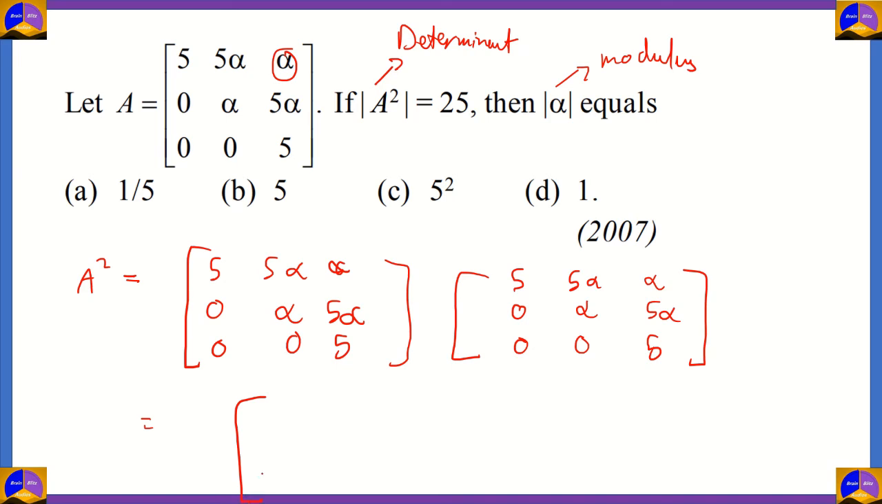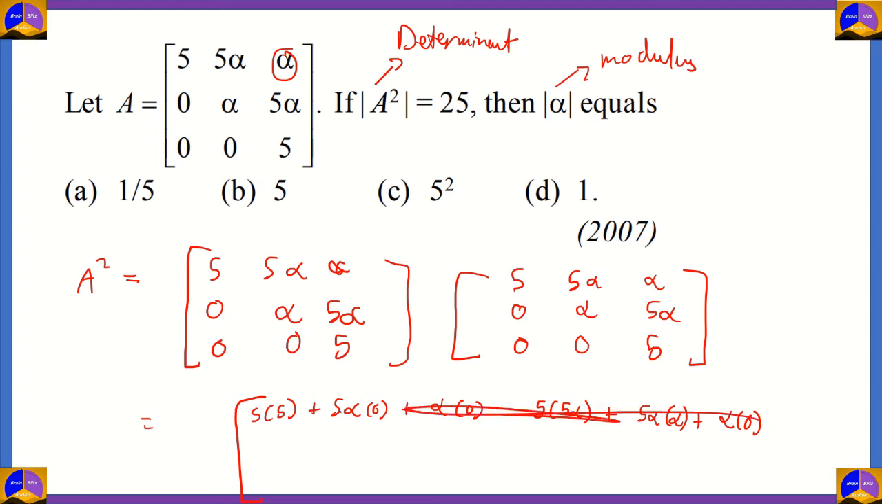So now let's start multiplying them. You have 5 times 5 plus 5 alpha times 0 plus alpha times 0. And then the second term would be 5 times 5 alpha plus 5 alpha times alpha plus alpha times 0. Now, on second thought, it would be a good idea to write it on the next page because it's too